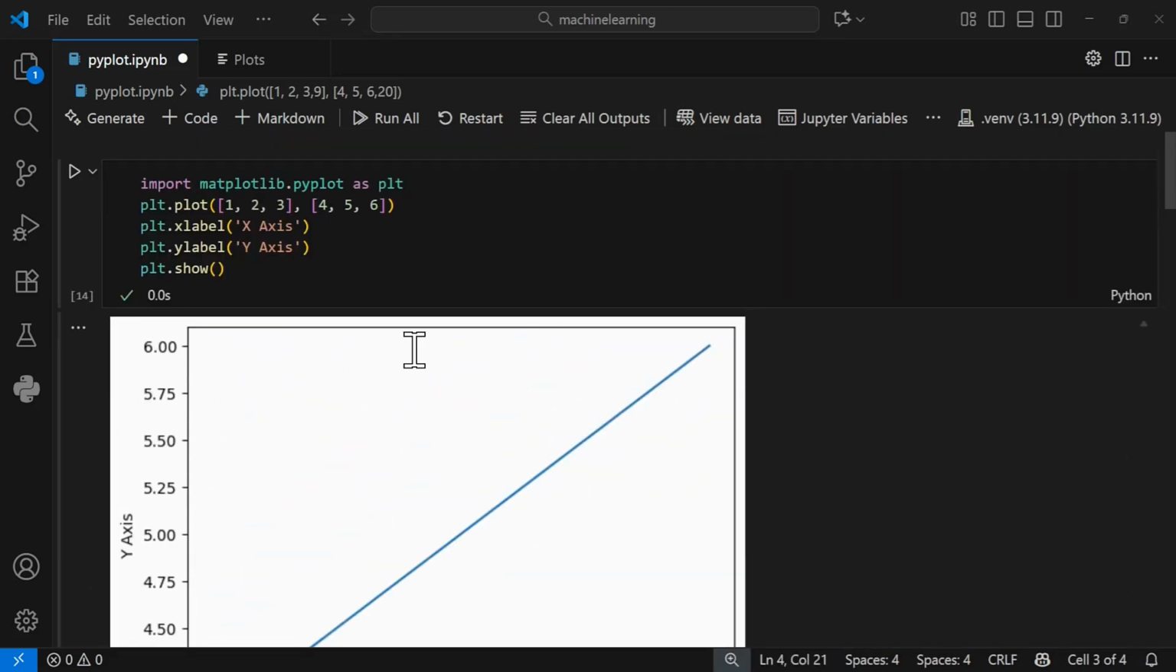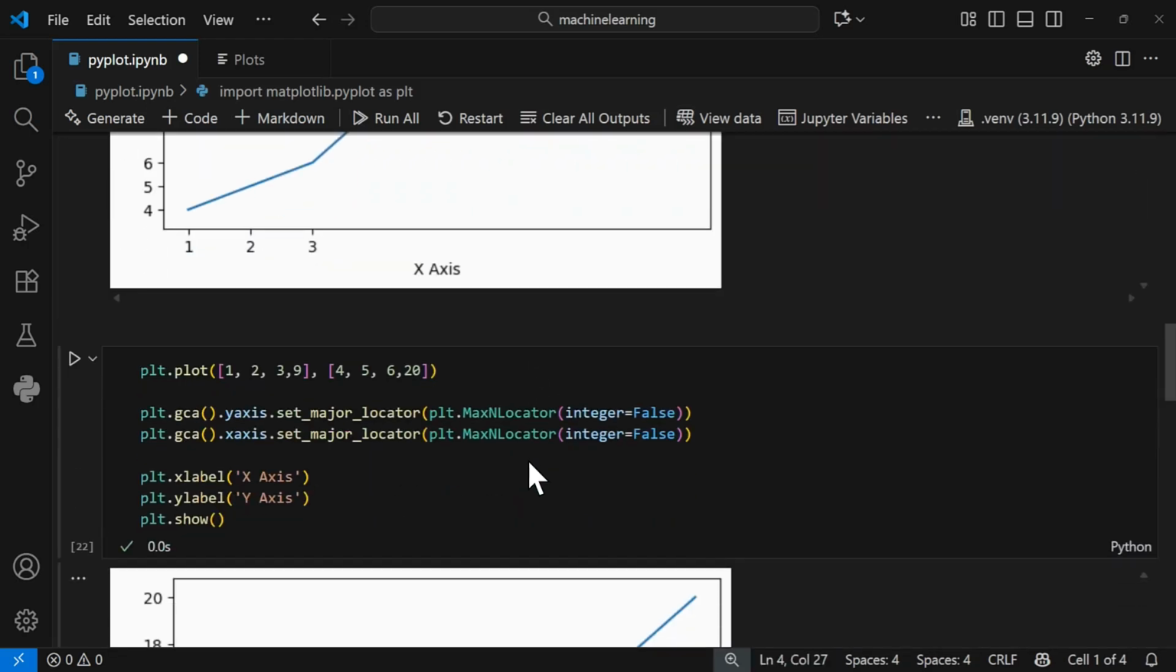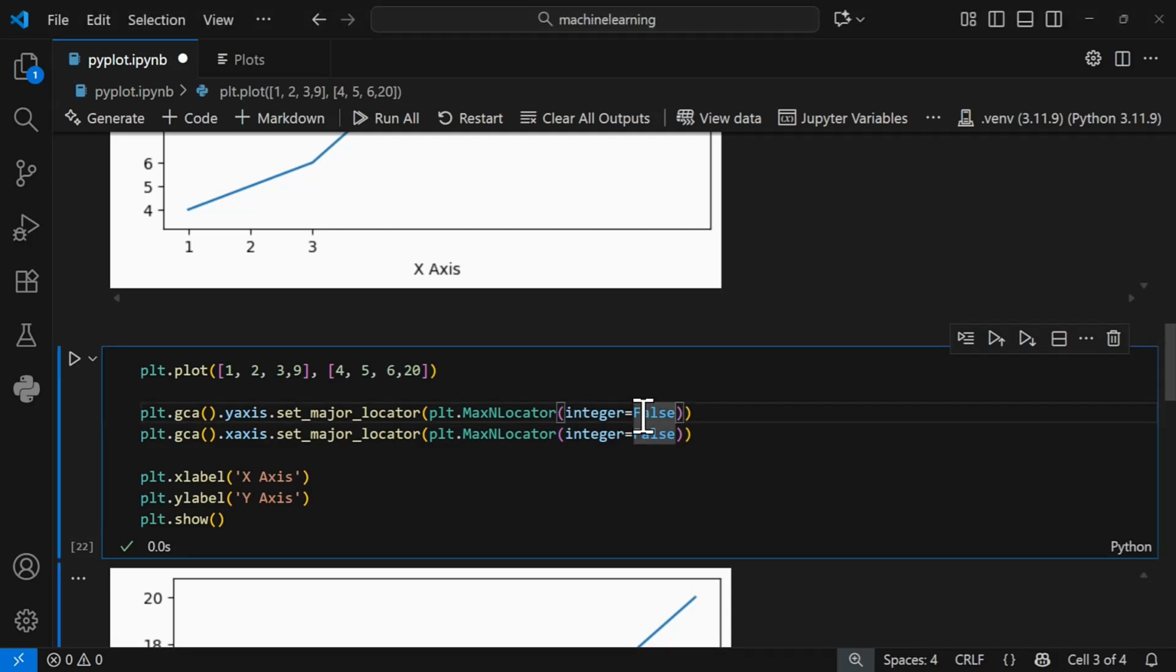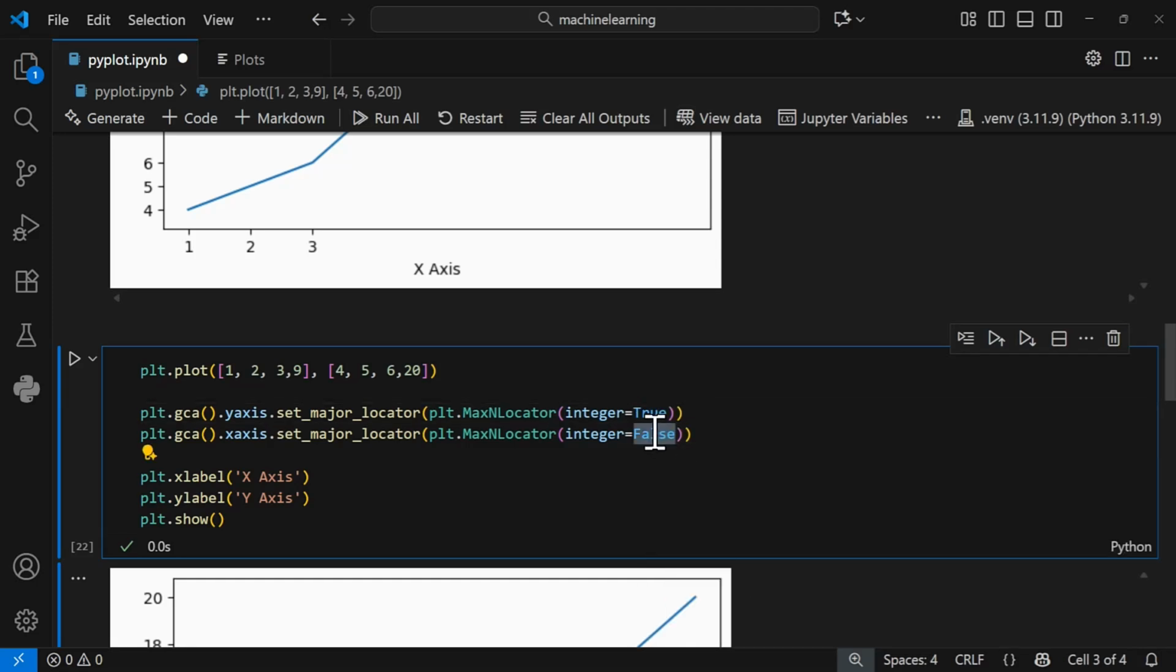So over here, we had the plot class. And if we go back down over here, it has a class called MaxNLocator. This class takes in an argument where integer is false. If we set that as false, then we will get decimals. But if we set that as true, and I set that as true over here and true over here,